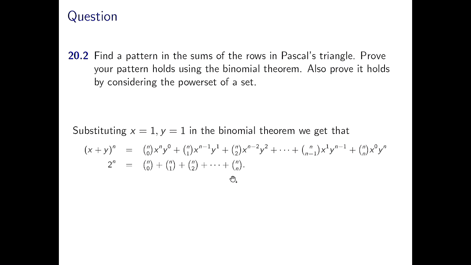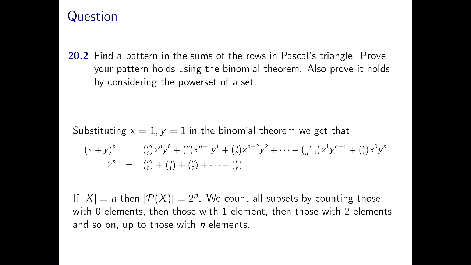right? And that's got to, again, be the same thing, right? It's the same choice, right? For any combination of toppings, you've either chosen 0, 1, or 2, or 3, or all the way up to n. So you add up all those possibilities, and you get the total number of choices. So hopefully this makes sense, right? Another way of thinking about this is the size of the power set of a set of size n. This is the number of, well, sets of size 0 in that power set, just one, just the empty set. This is the number of sets of size 1. This is the number of sets of size 2, all the way up, right? Okay. Does that make sense?